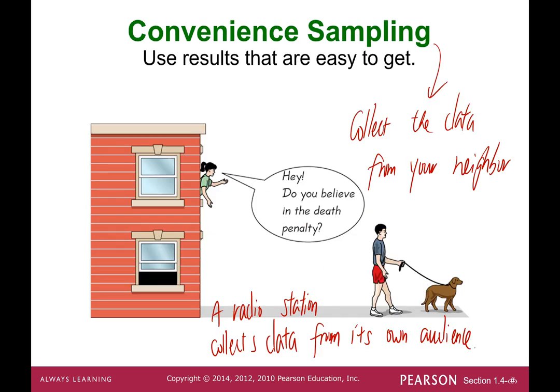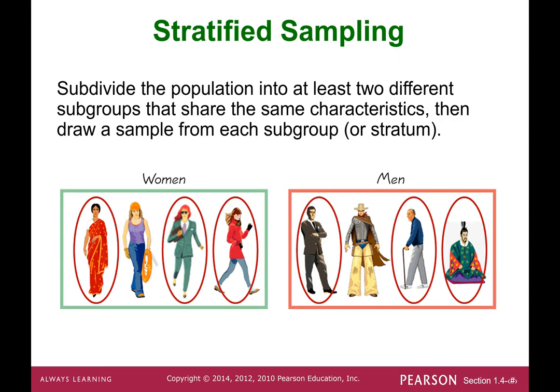And definitely it's very easy to get the data because you're just getting data from your own audience. And the third method is called stratified sampling. So basically you subdivide the entire population into at least 2 different subgroups. So for example, if you look at the population of US citizens, you can divide into male and female, or